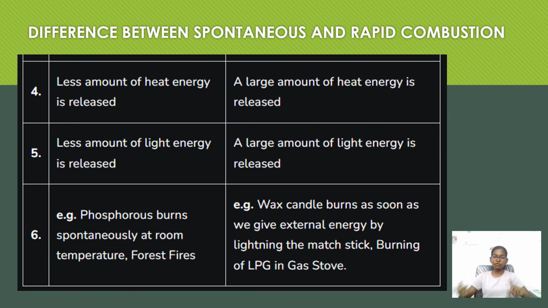Next, a smaller amount of heat energy is released in spontaneous combustion, and also a smaller amount of light energy is released. But in rapid combustion, a large amount of heat energy is released and a large amount of light energy is also released. Because in phosphorus, it would just burn. But if you light the stove, like